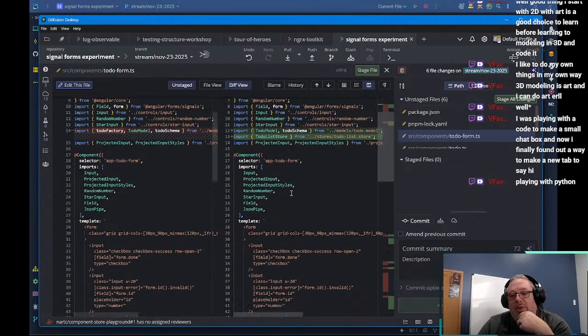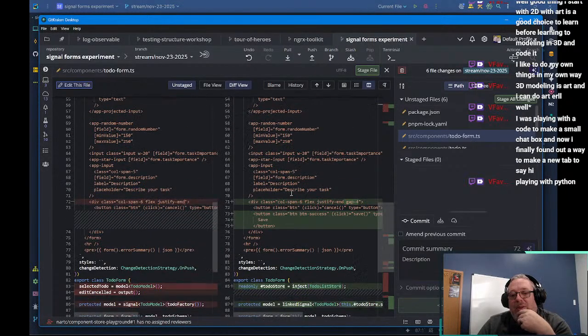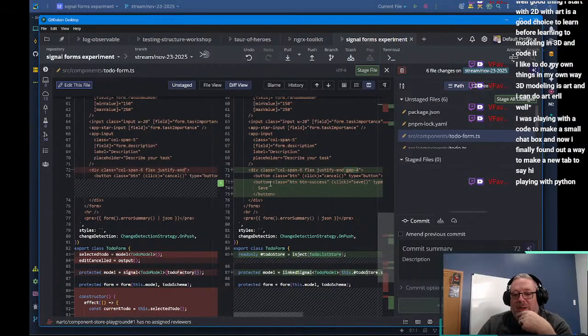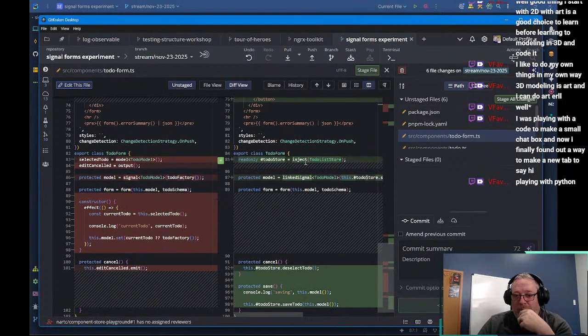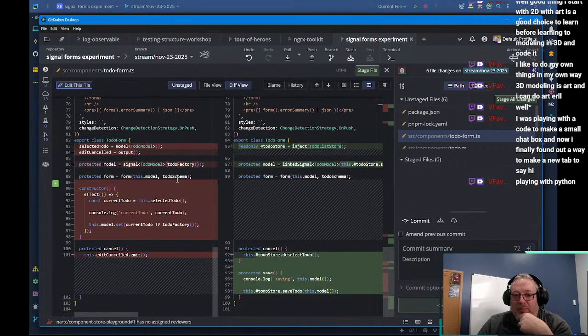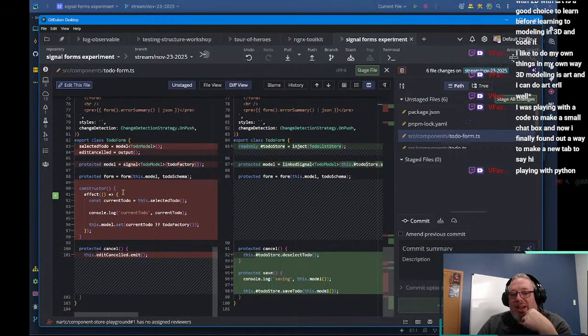And then if we look at our code here, this is our button stuff that cleans up our buttons. But look at this. Our constructor has this nasty effect, which means we're watching selected to do. It also means that as written right now, this can only work in something that's projected to the browser.